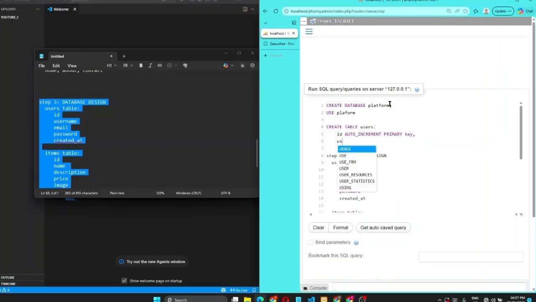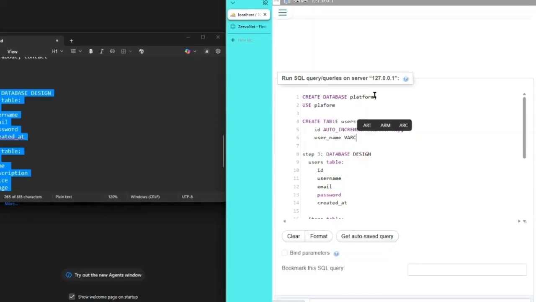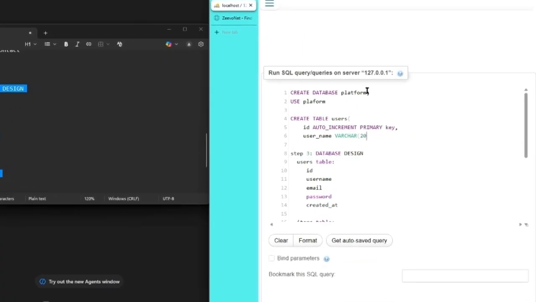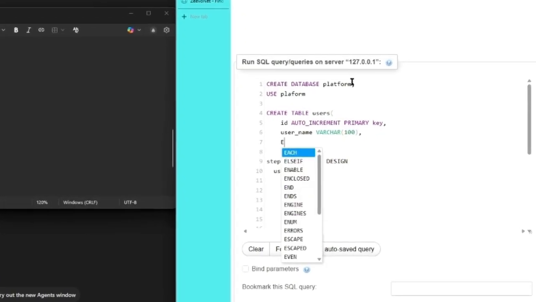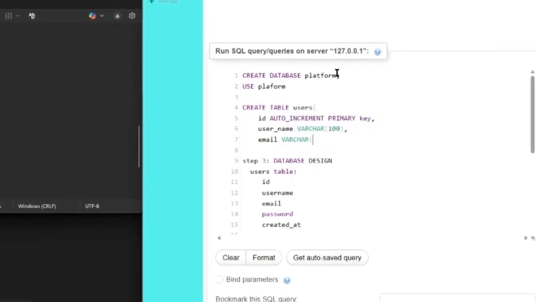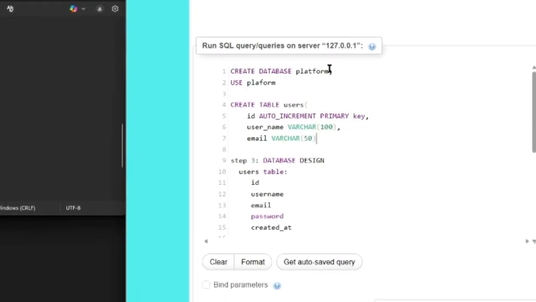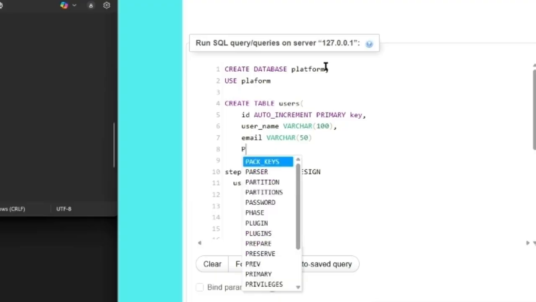This one is going to be username, which is going to be varchar. Let's put it to 100. The next one is going to be email, same varchar, 50. I know there are several emails there, you never know which email, but I wouldn't think an email could be longer than 50 characters. I don't know how that email is going to look, and if the person is going to remember that email or something like that. So I'm going to proceed with my password,